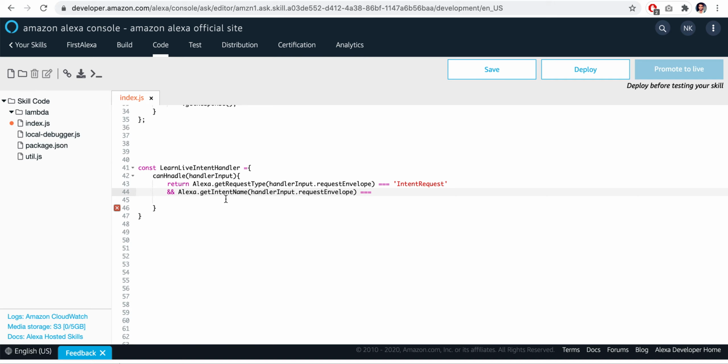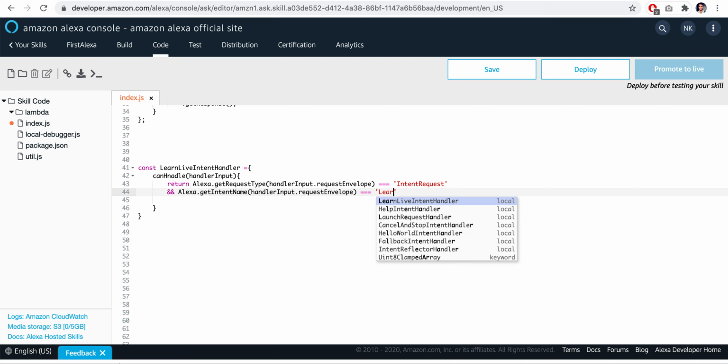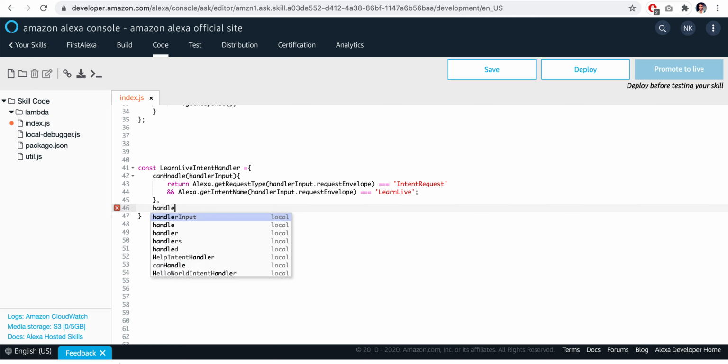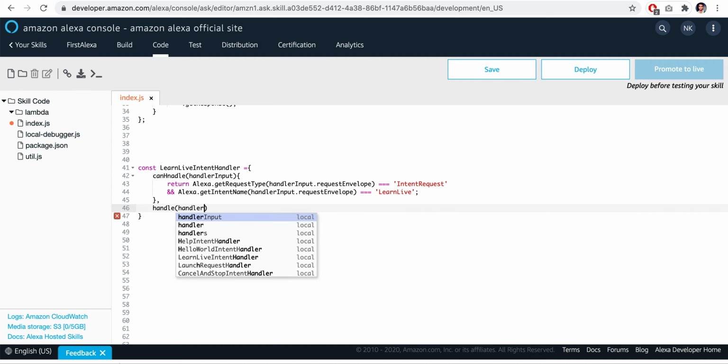So if this intent name is equal to the intent that we had provided, as we had copied in the last, the intent name is learn live, which we had created. So this would be the intent name that you had created. So just put the intent name learn live here and then just close this can handle method. Now if this is getting handled, we can create this handle method with the handler input